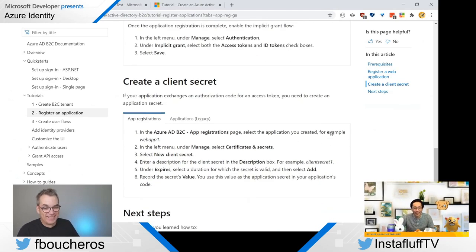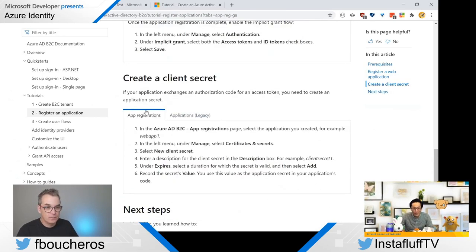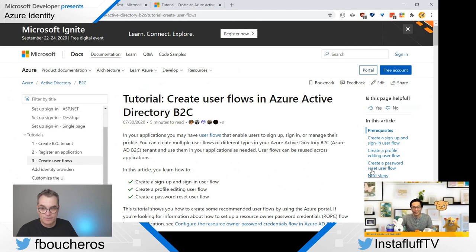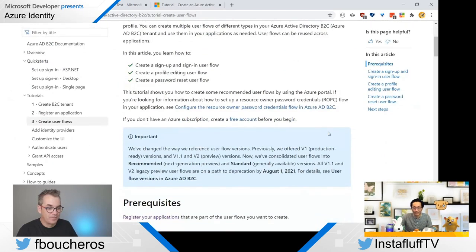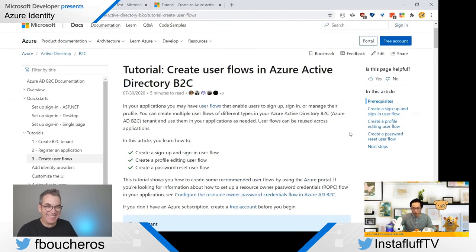All right, so now, and then you can create a client secret and all this stuff, but we don't actually need this because for today's purpose, all we're gonna do is actually create a user flow. And so now we're on step 3 out of 3 steps. This is how easy it is. I was kind of mind blown the first time I did this because we're actually using this to create our own community social network kind of thing. We're gonna call it the Comfy Network. And we were trying to get it to set up with Twitch login, which requires a custom OpenID setup, and then we just did it. We were like, that was easy.